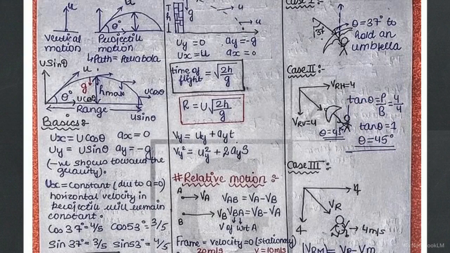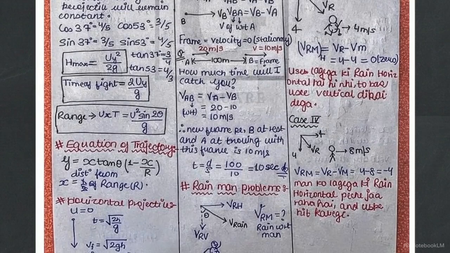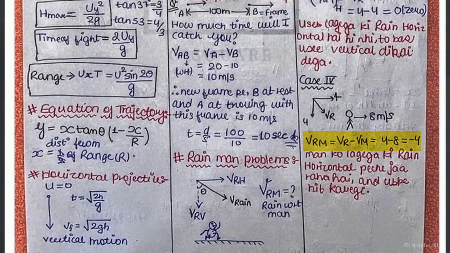But visual intuition fails in case 4 at the bottom right. Here, rain falls at an angle, and the man sprints at 8 meters per second. Reversing his velocity and adding the rain's horizontal component yields a net relative velocity of exactly -4. Relying on this vector reversal, rather than guessing the visual tilt, is the only way to find the true angle